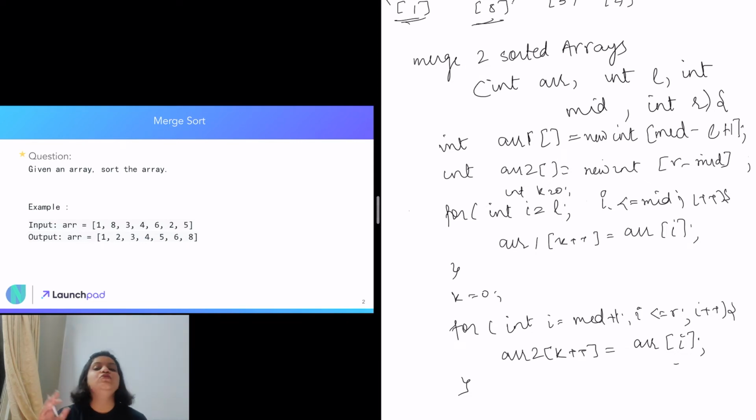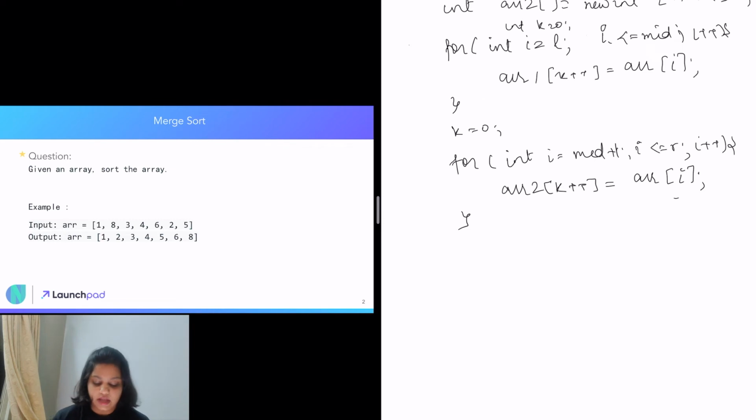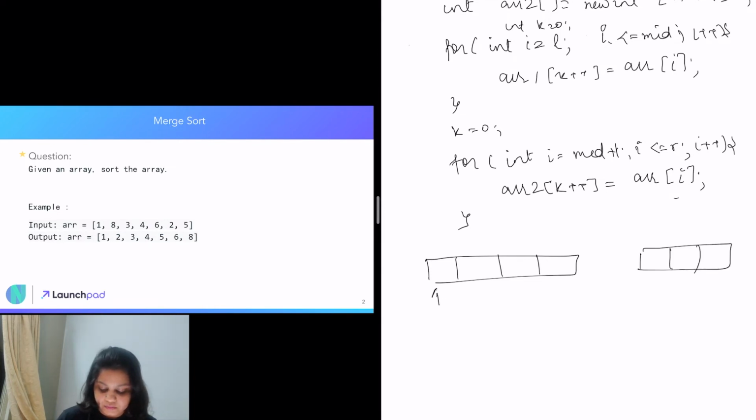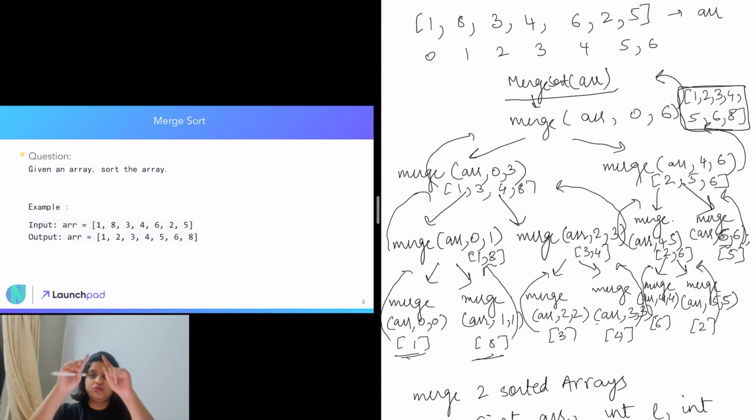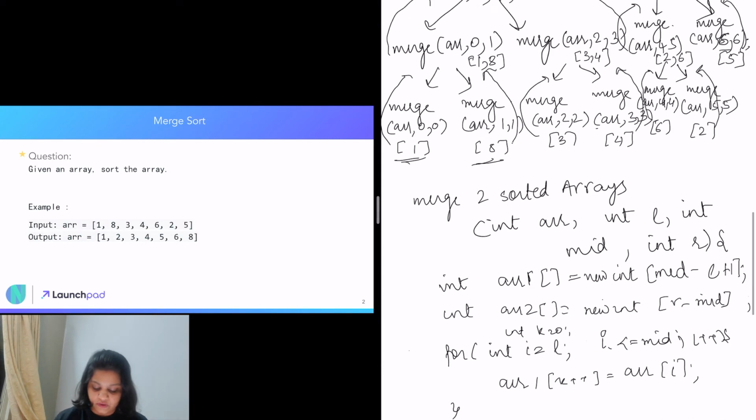Now what we are going to do in this particular array is, as I've mentioned in my previous video, we have array 1 and we have array 2. If we look at the first bifurcation, the sorted arrays that came to us were 1, 3, 4, 8 and 2, 5, 6.